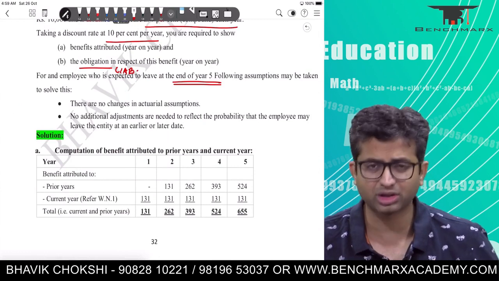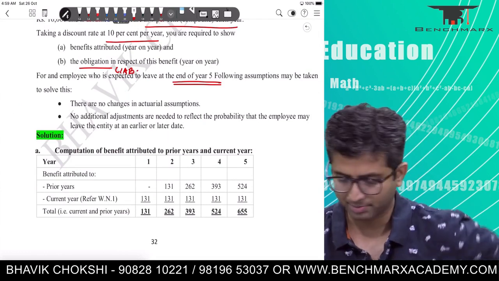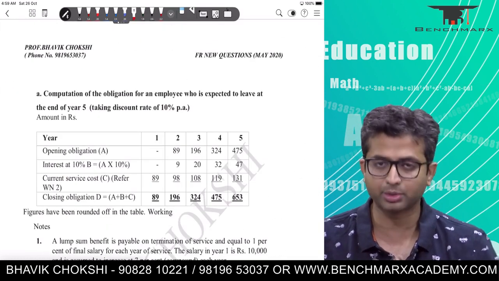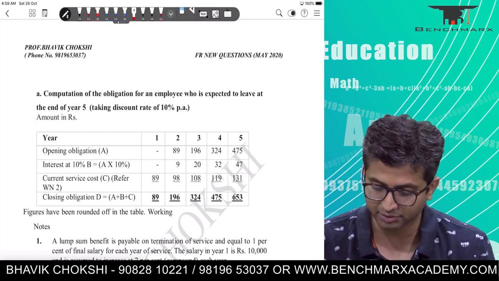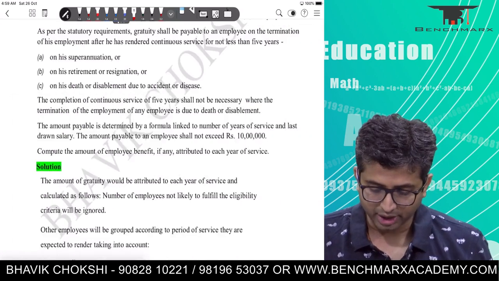It's an important one. All the questions I would say in this edition of Index 19 are important. Next, the institute has solved it in a slightly different way. We will be solving it in a slightly different way, though if you see, the answers still remain exactly the same. Okay, next is